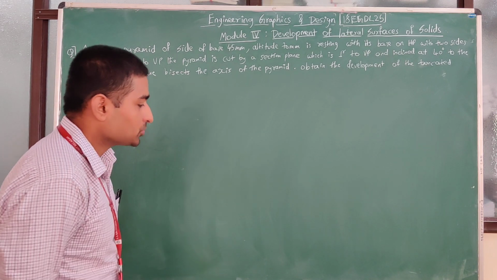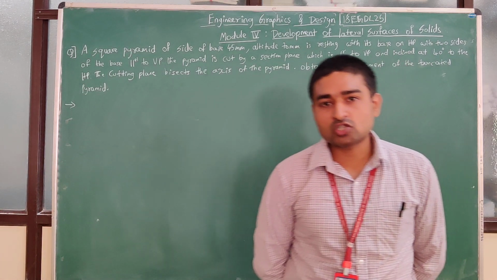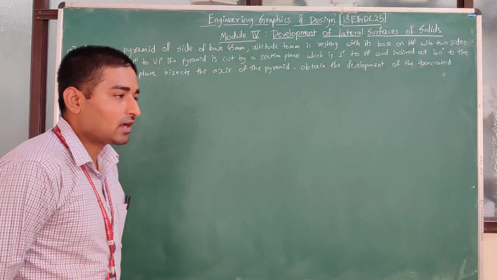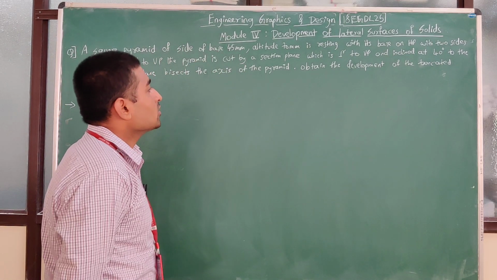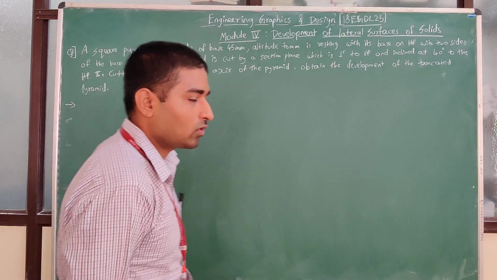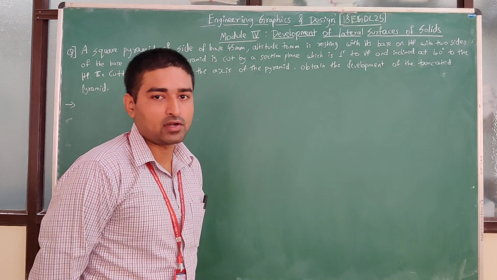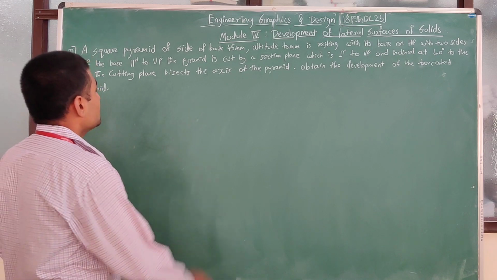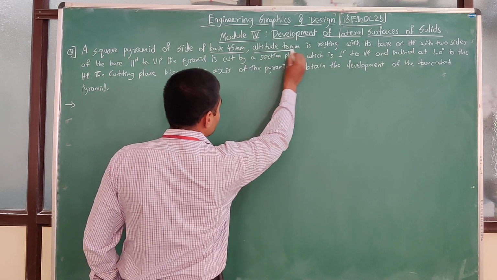If you read this question very carefully, in the projection of solids topic we have seen that the problems on pyramids come with respect to resting on the corner and resting on the edges, right? So which kind of problem is this one? I have told many times that whatever the module is, it is related to the projection of solids. Here we are seeing that the square pyramid has a base of 45 mm and its height is 70 mm.